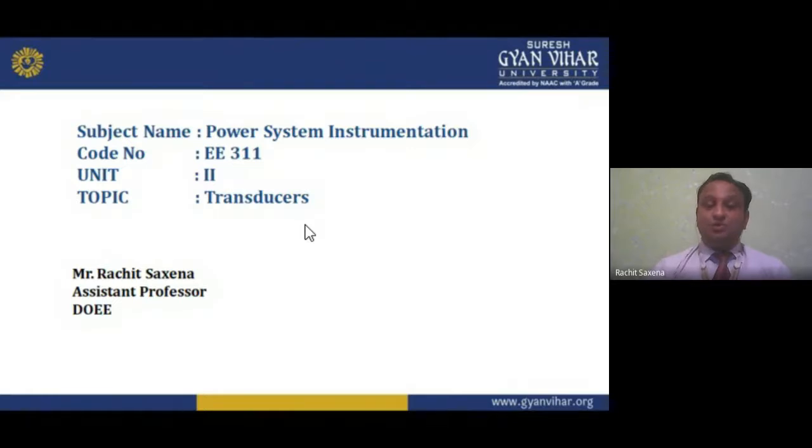That is the transducer. But the inverse transducer is the opposite of it, meaning it converts an electrical quantity into a non-electrical quantity, just like a piezoelectric crystal. When we apply force on a piezoelectric crystal, it directly converts that force into current, EMF, voltage. But if we apply voltage on the piezoelectric crystal, then it changes dimension. That is the inverse transducer. I hope you understand.